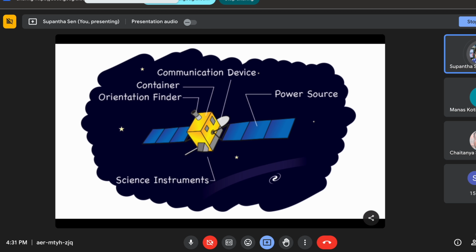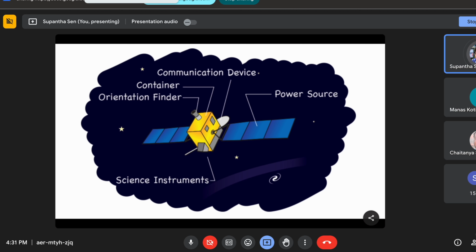So the third thing is this container, because whatever electronics you are putting there, like say your camera data will come, then there will be a processor, then the modulator, demodulator, all these things you have to put into a container.